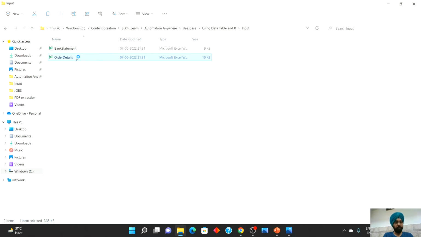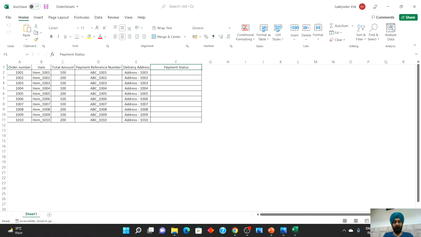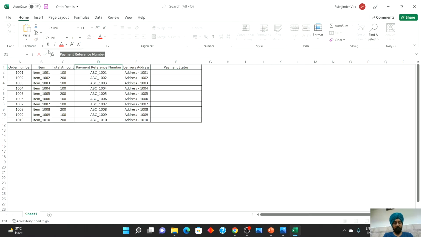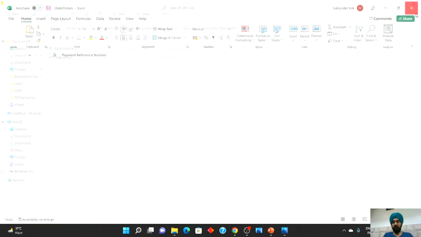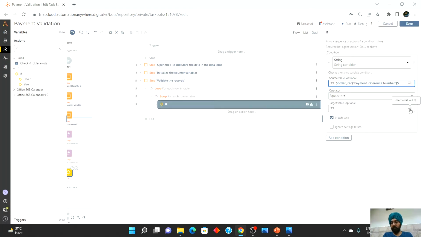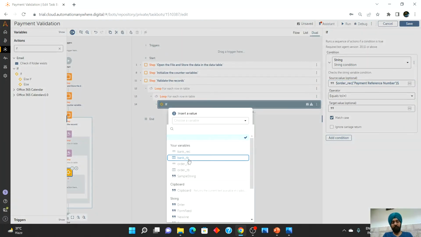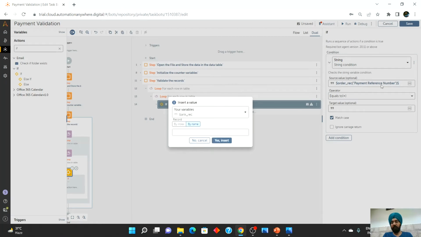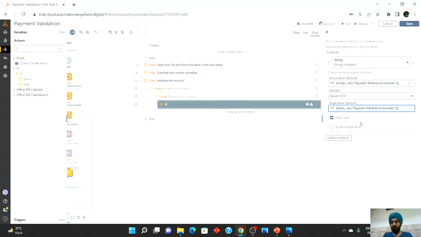So let's be very specific here. So this is exactly the same column name available in the orders detail. So if this is equal to bank record, same column name, in which case,